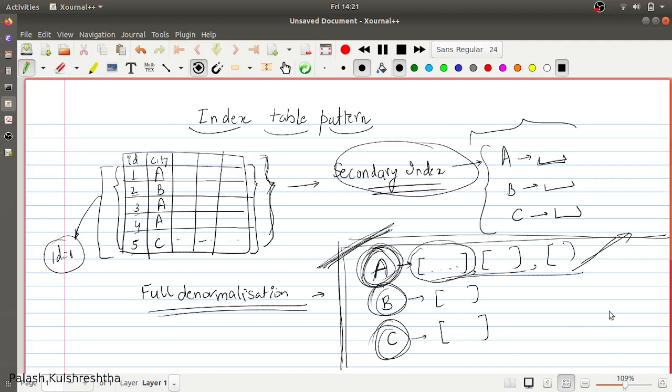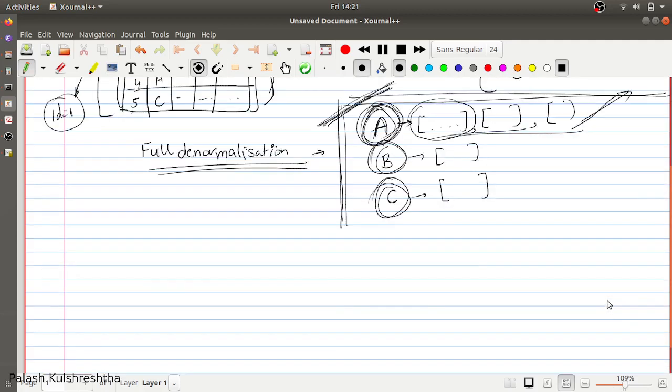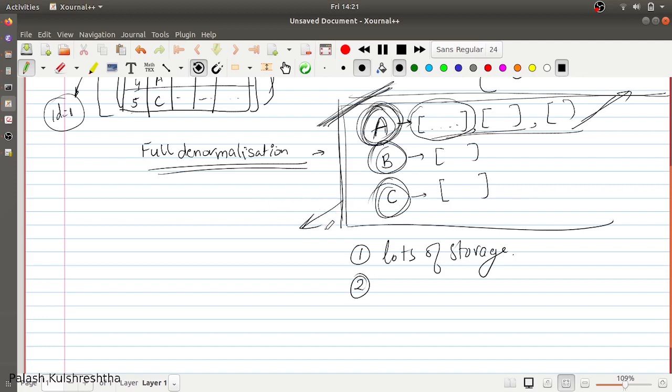But it comes with disadvantages. It is going to use lots of storage, because you are fully duplicating the data, and if you need secondary or custom-made indices on particular fields, you have to duplicate the data that many times.